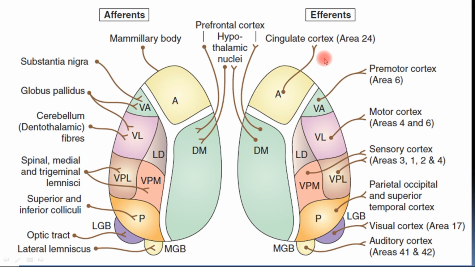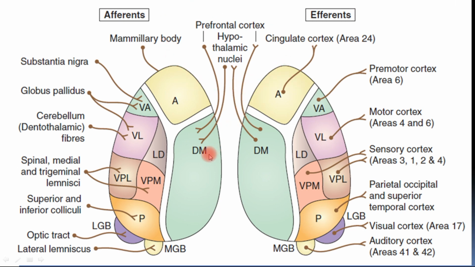Then coming to the third aspect, that was visceral function. Visceral function means their contribution in emotion, in thinking, and in planning. As you can see, there are two nuclei in the visceral function, the anterior nucleus and the dorsal medial nucleus. The anterior nucleus is receiving signal from the mammillary body, as we have already told, it is also a part of the Papez circuit. So it receives the signal from the mammillary body and gives the signal back to the cingulate cortex, which are structures of the Papez circuit.